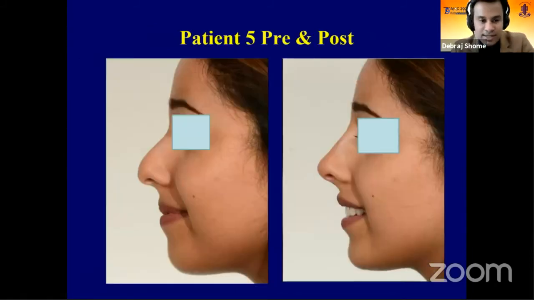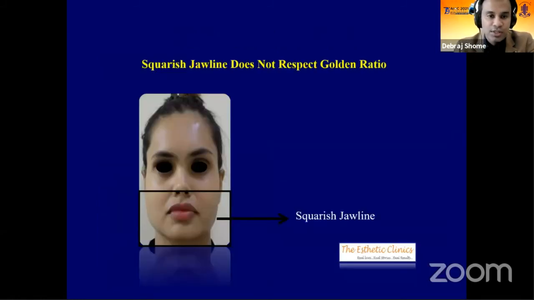And look at some of these results, right? Just look at this particular lady. I'm sure I would have been proud of this as a surgical result, but this is a completely non-surgical result. And you can see how her dependent tip, how her beak-shaped nose has been converted to a far more elegant-looking nose non-surgically.